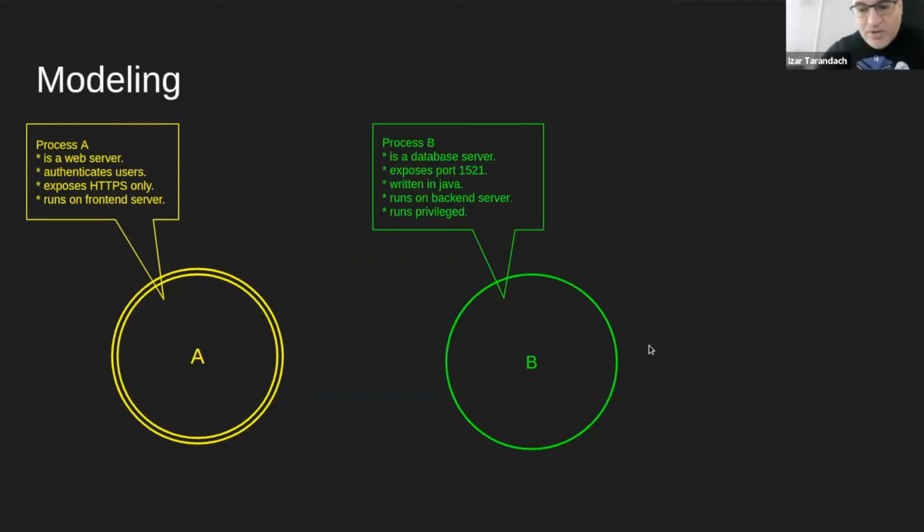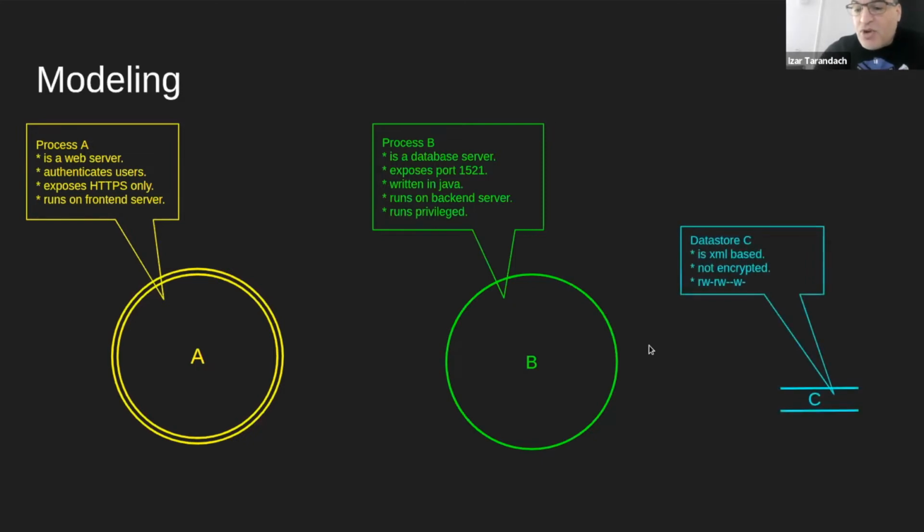Those that know already have a hint about which database server it is, right? It's been written in Java. It runs on the backend server, and it runs privileged. So we have a different set of information about that process that offers a different amount of security valued data that we can use to make inferences about the process.